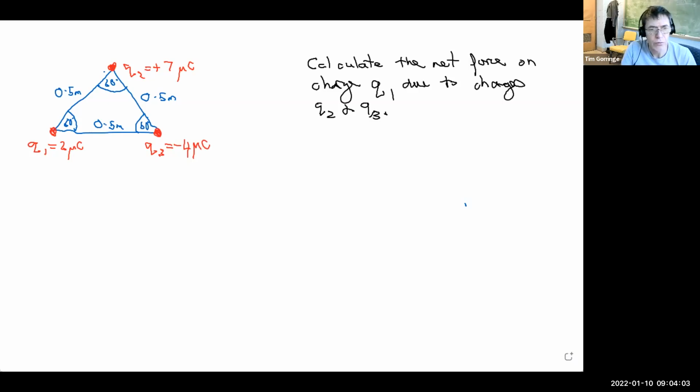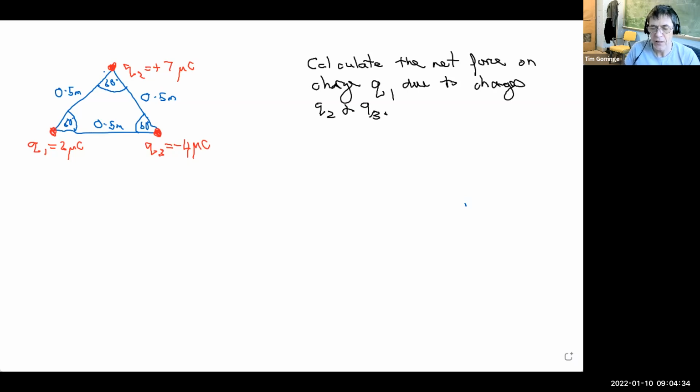I wanted to work through a problem that involves Coulomb's law and also involves the superposition principle. This problem has an arrangement of three charges. There's Q1 over on the bottom left, there's Q2 bottom right, and there's Q3 upstairs. And we're told the exact arrangement of the charges and the values of the charges, and we're asked to figure